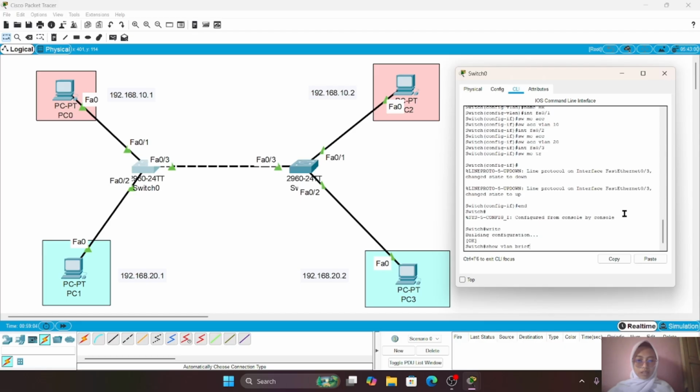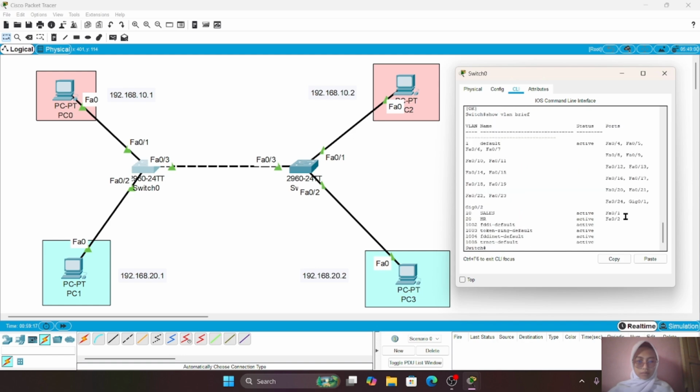This command displays the VLANs that have been created and shows which ports belong to each VLAN. As we can see, Fast Ethernet 0/1 belongs to VLAN 10, while Fast Ethernet 0/2 belongs to VLAN 20.